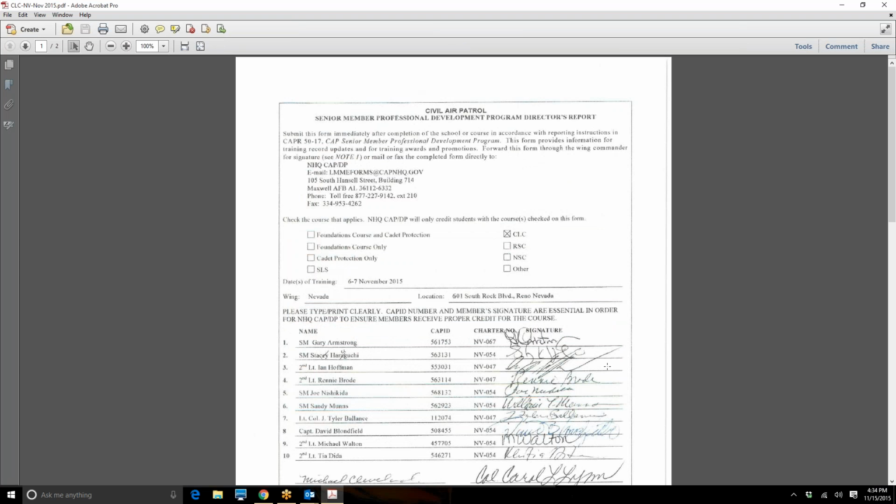When I was squadron commander, I used to always keep copies of the Form 11s. I had a separate file, and every CLC, every squadron leadership school, every unit commander's course, all of them. I always kept copies, and without fail, every 3 or 4 years, some senior member would come up to me saying,